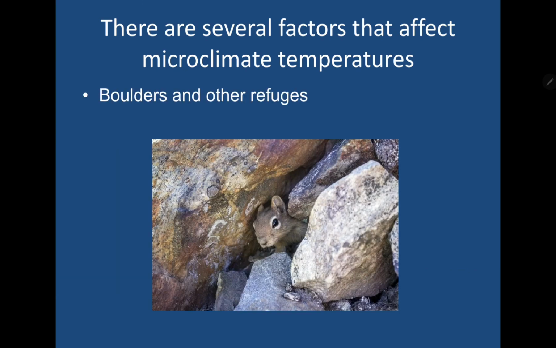Finally, let's discuss boulders and other refuges and how they affect microclimate temperatures. So burrows and other refuges serve as useful hideouts for organisms from sunlight. I mean, for obvious reasons, because these things block out sunlight and the areas underneath them are a lot cooler than the areas that are hit by sunlight. Okay, so these areas are shielded from the sun's rays, which leads them to having lower temperatures, which can be optimal or beneficial for the organisms that prefer these lower temperatures.